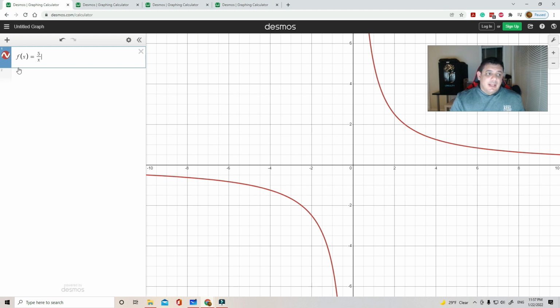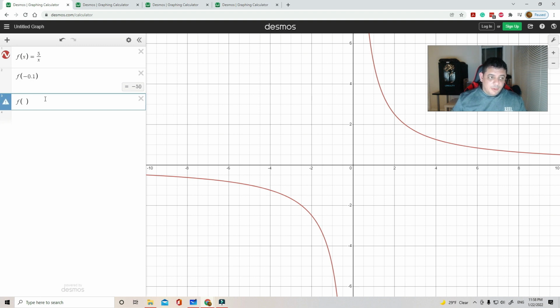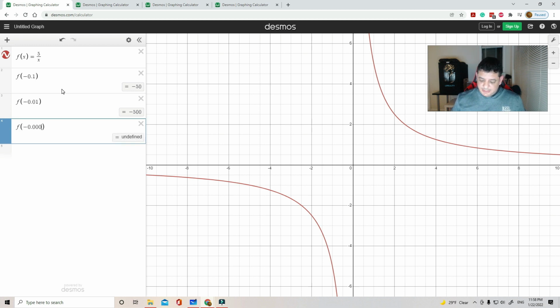So in here I have the function f of x equals pi over x. So I can go ahead and start calculating numbers that are close to 0. So if I move from the left side, you can see that every time that I move closer to 0 from negative numbers of the left side, the value is getting larger and larger. So we can see that this is going to minus infinity. And so it makes sense with the graph here. You can see that every time that we get closer and closer to 0, the graph is going further and further down, checking out to